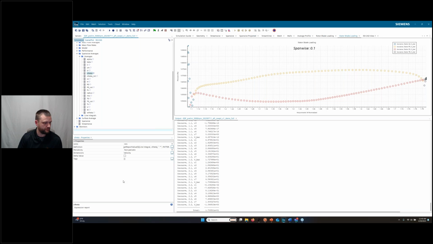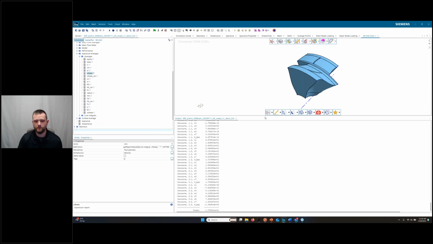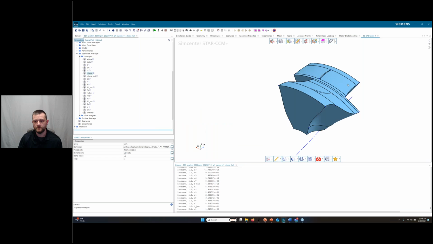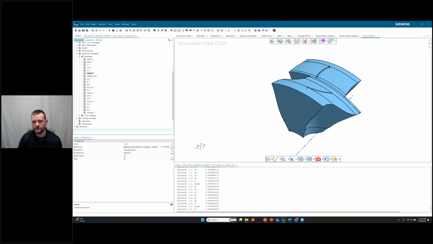And then we've run all those. One thing I'll show as well, I wanted to mention this: we can see our periodic geometry here.